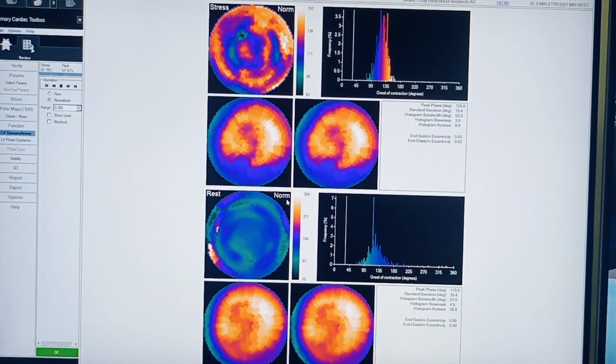Then desynchrony, top images are for the stress and this is for the rest. You can see there is a good peak. So narrower is this peak, better is the LV movement. Okay. Then LV phase guidance. Okay,